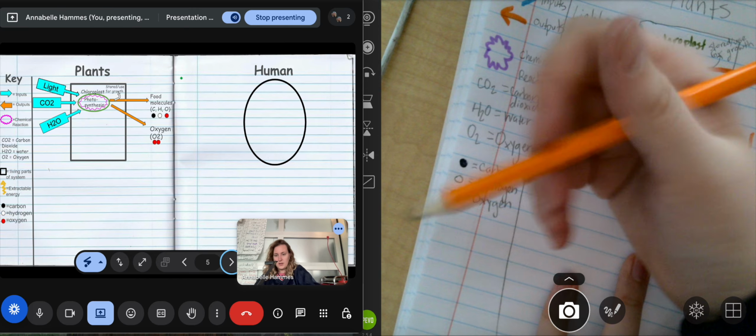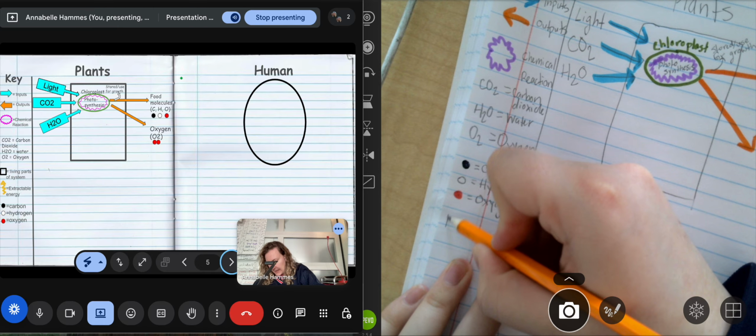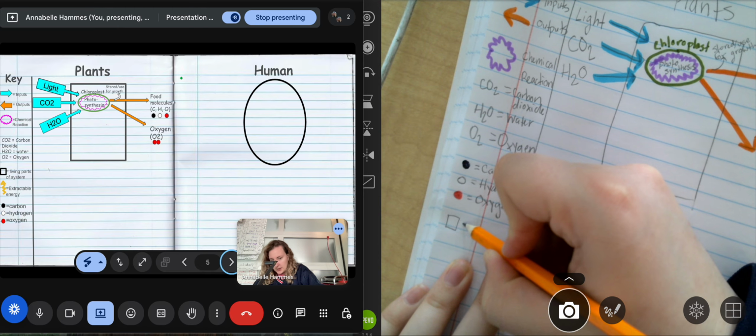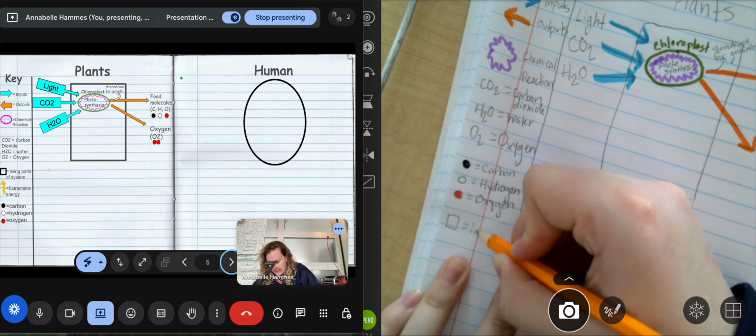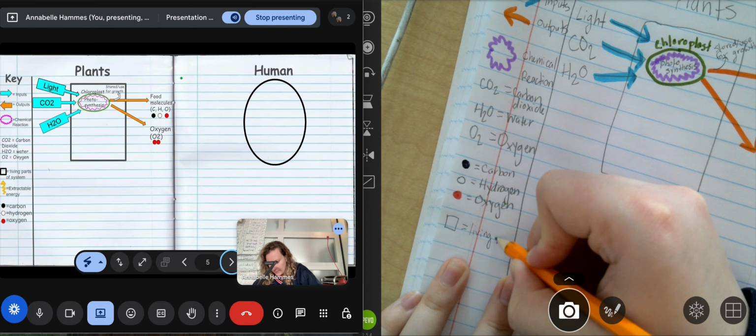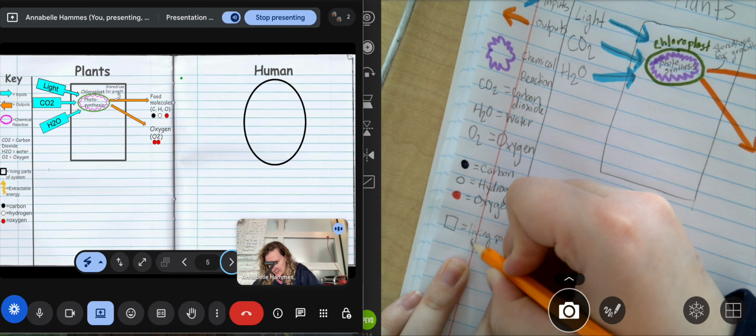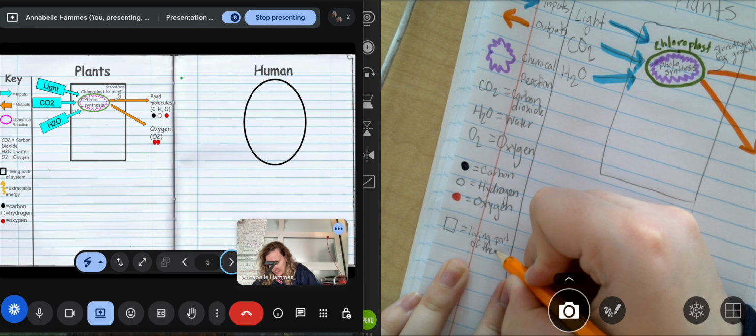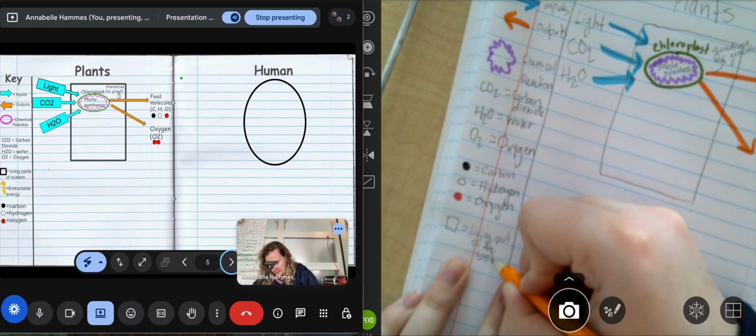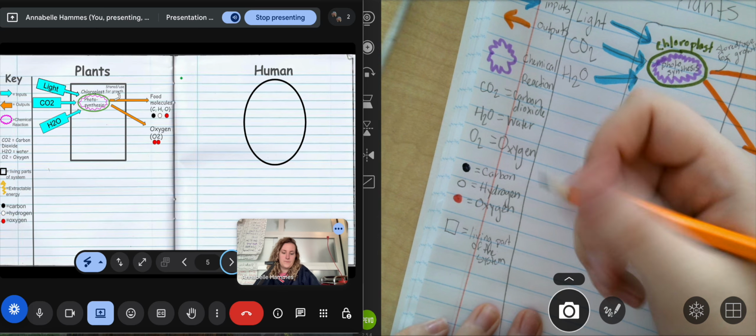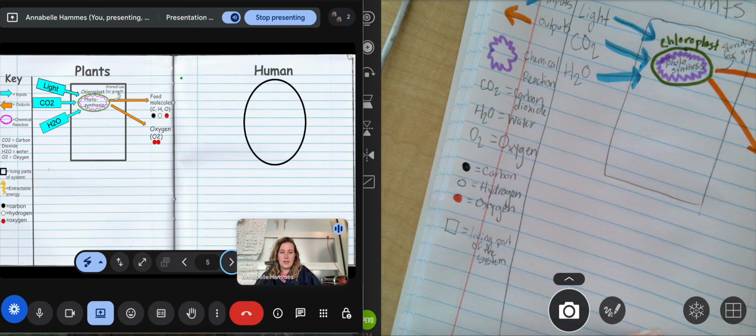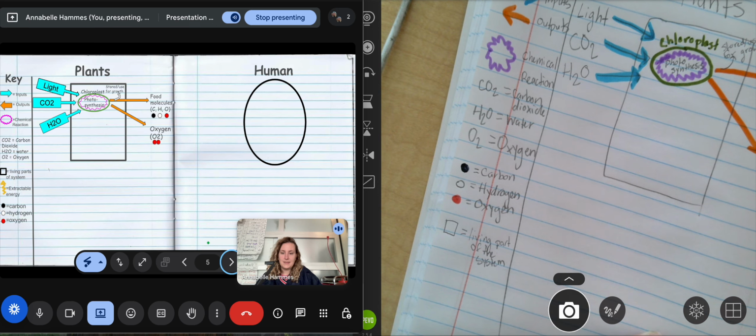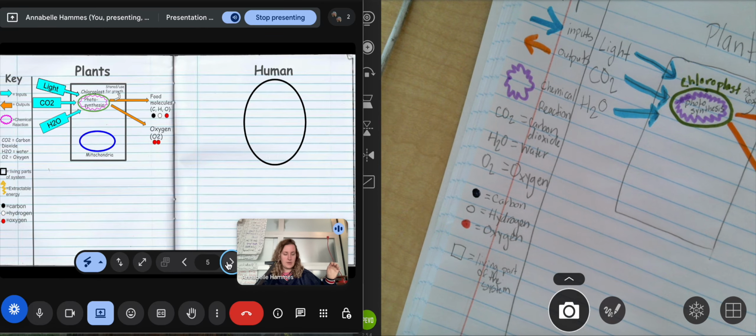Over here, also, our box, well, that is a living part system. We're going to be adding some other stuff here in a second, but I'm going to click the next slide. Okay, so now we get to add our